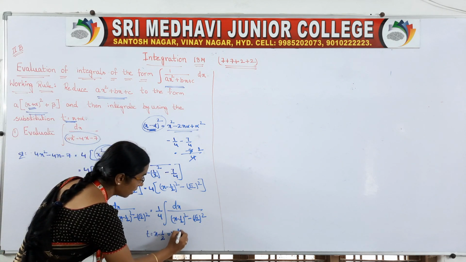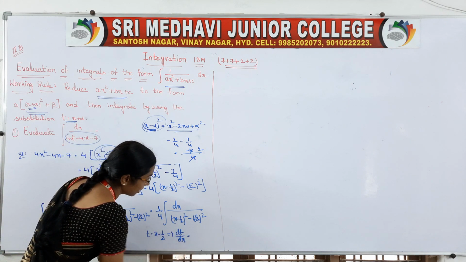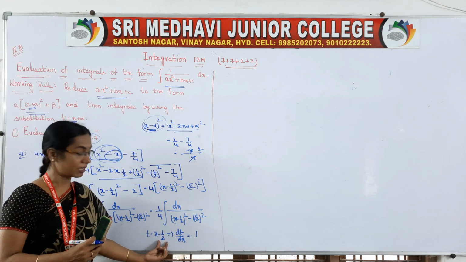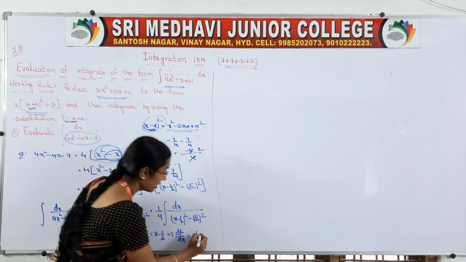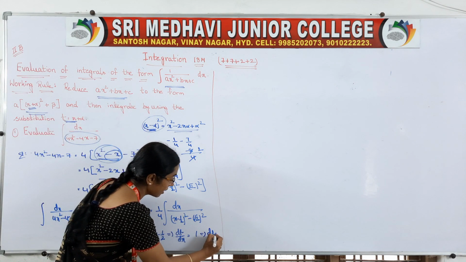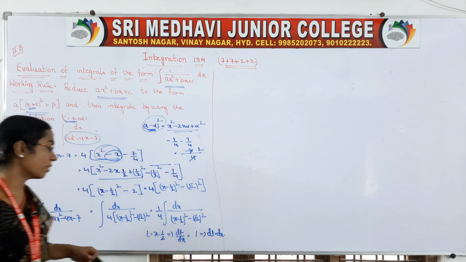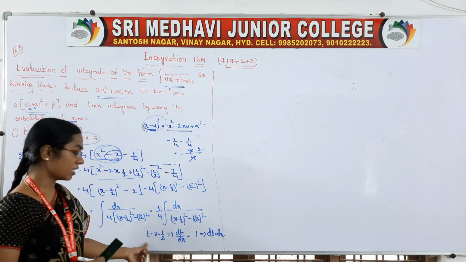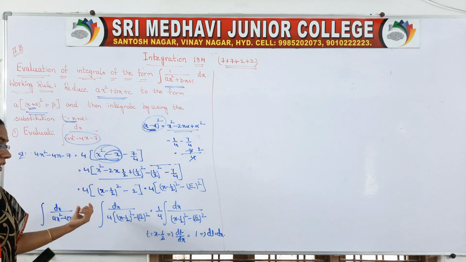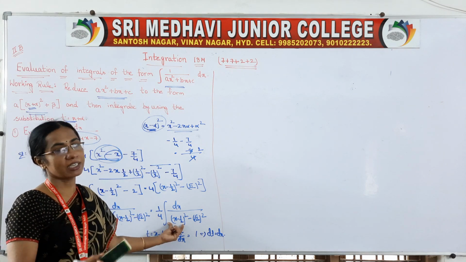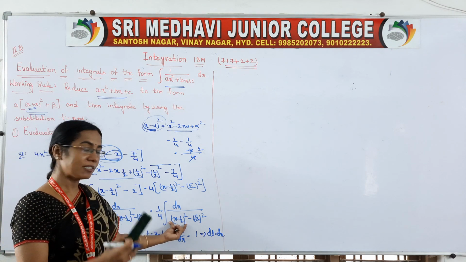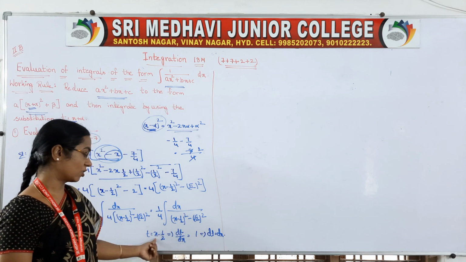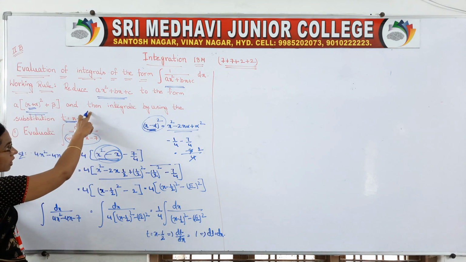Differentiating with respect to x on both sides, dt by dx is equal to d by dx of x, which is 1, and d by dx of a constant is 0. So we can send this dx that side, dt is equal to dx. Getting my point? Actually if only x square is there, no need to take t is equal to x minus 1 by 2. But instead of x we are having x minus 1 by 2. In such cases we will consider that value as another variable. We will substitute in its place t is equal to x minus 1 by 2. That is what is given in the working rule.